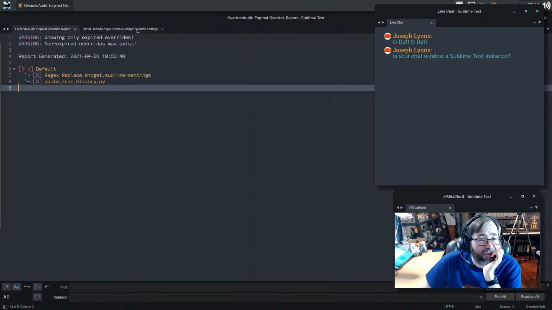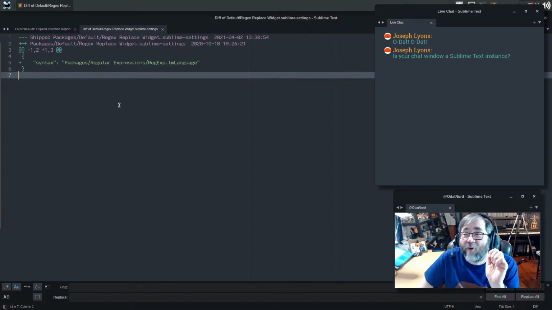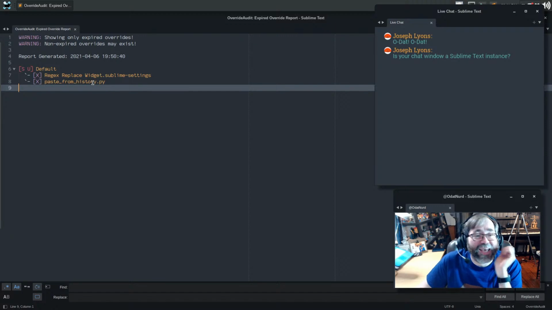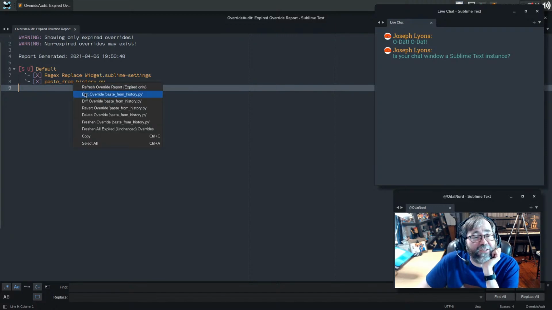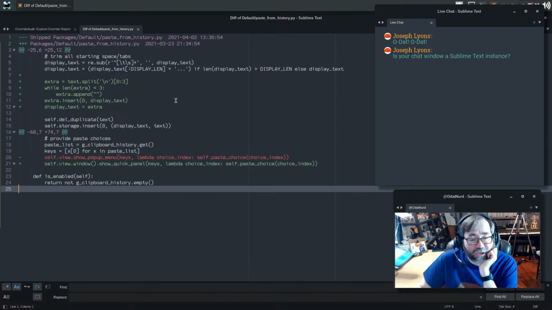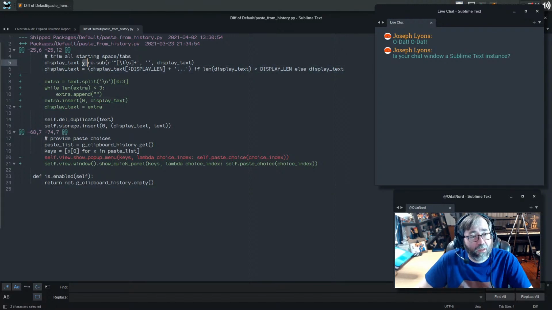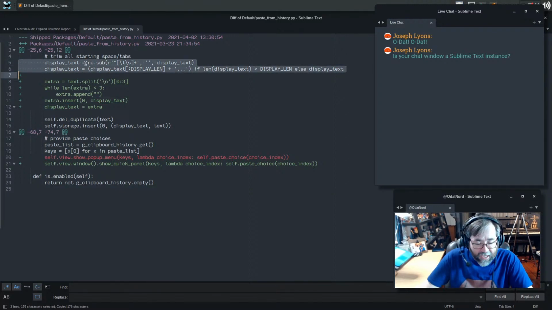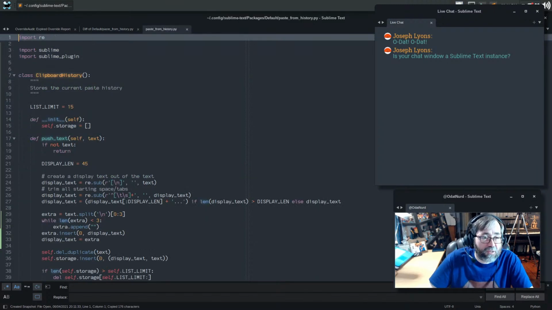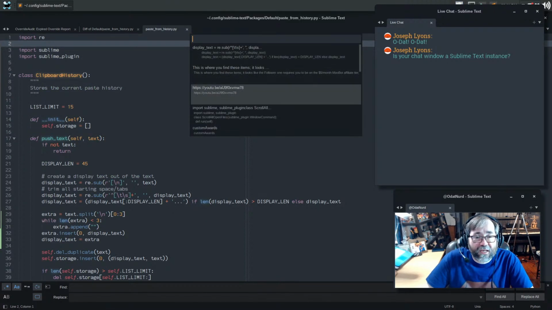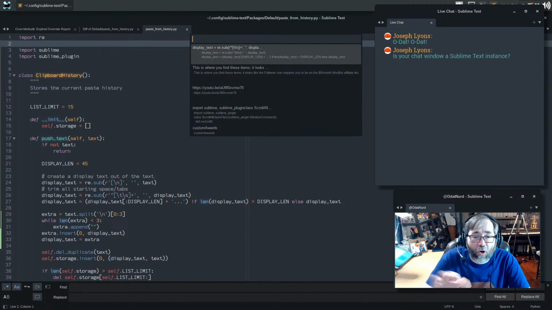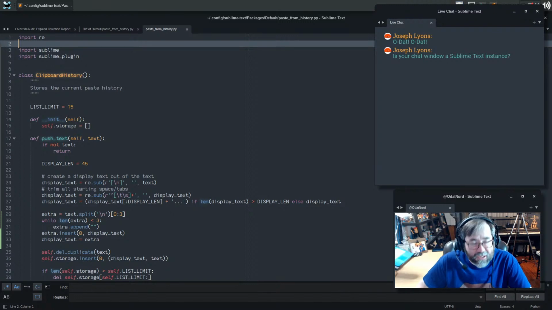I guess because the default package changed, that is something that is not of that much of an interest. And I have this, I've covered this previously, paste from history, something else that I put in here, which makes my paste from history display in a quick panel instead of a menu. So if I was to copy some text and then jump over to the actual file, when I do this, I get to see something that has a lot more information in it than what the single line was.